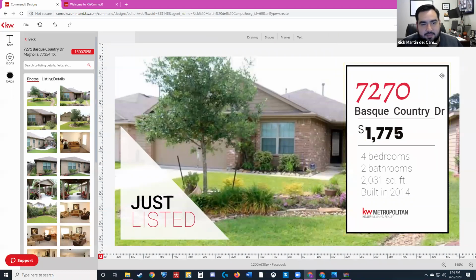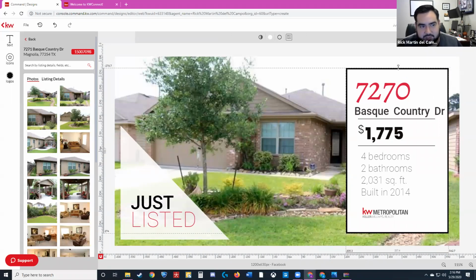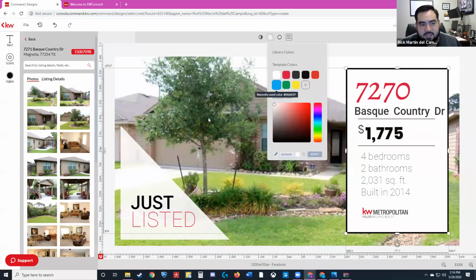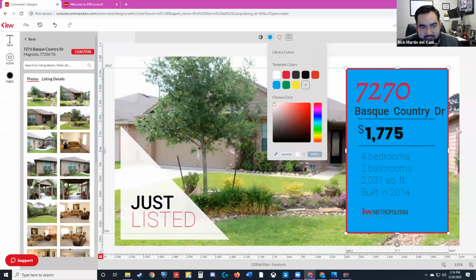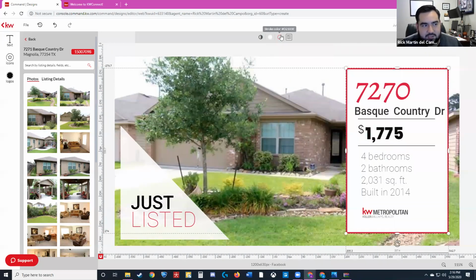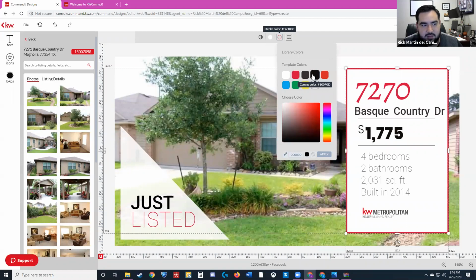Once you select an element like this box right here with a background and it's got the stroke. The stroke is the outline. So we've selected this element as a box, or a rectangle, that you can create in designs. It's a white rectangle with a black stroke. I can change that to a different color if I want to, and I can change the stroke to a different color as well. Obviously that's not very pretty, but just to show you the functionality. The fill color is going to be the inside, the color of the actual box, and the stroke is going to be the color of the outline.